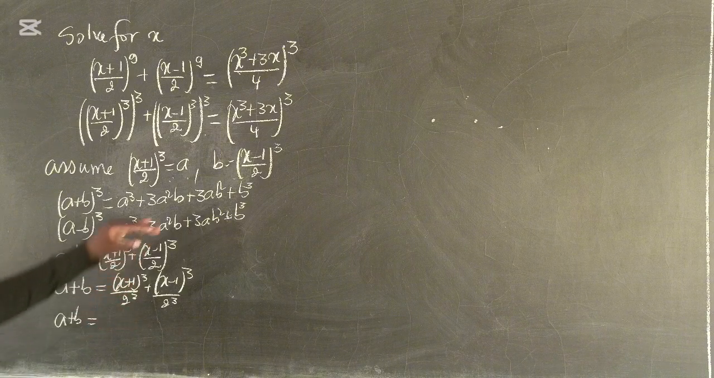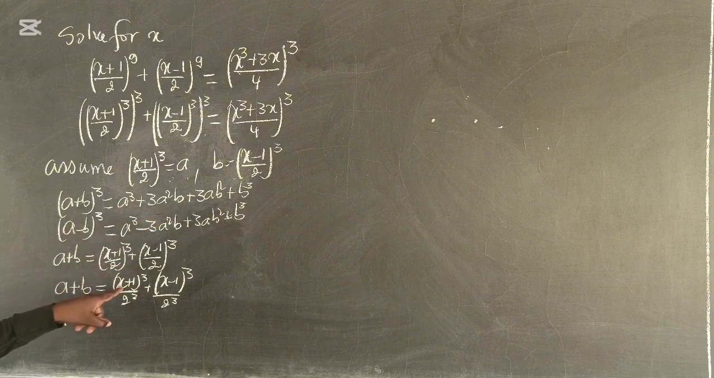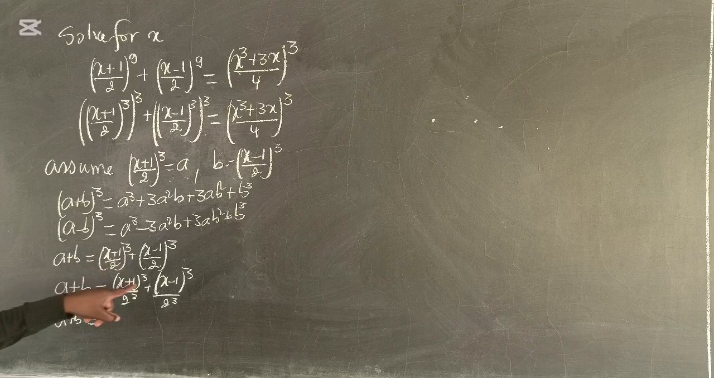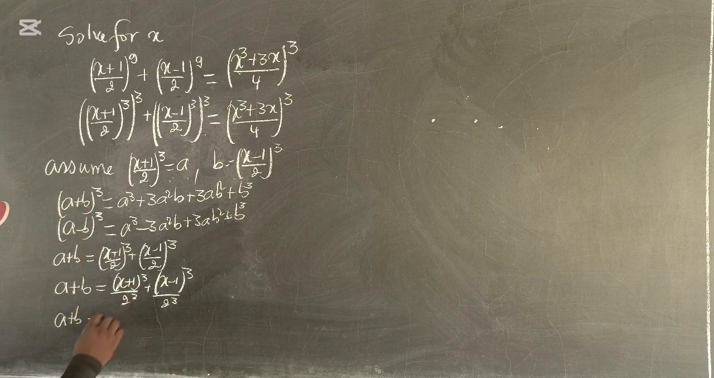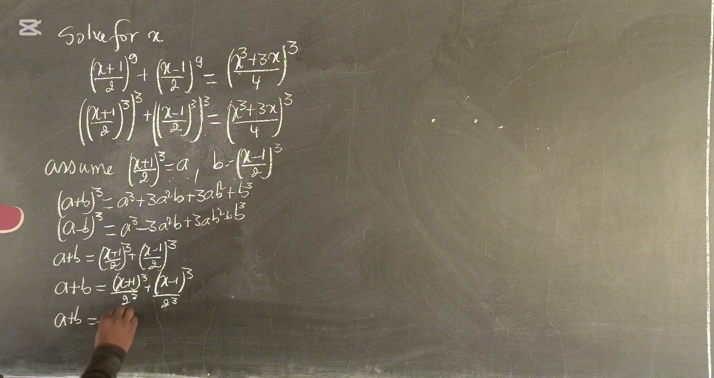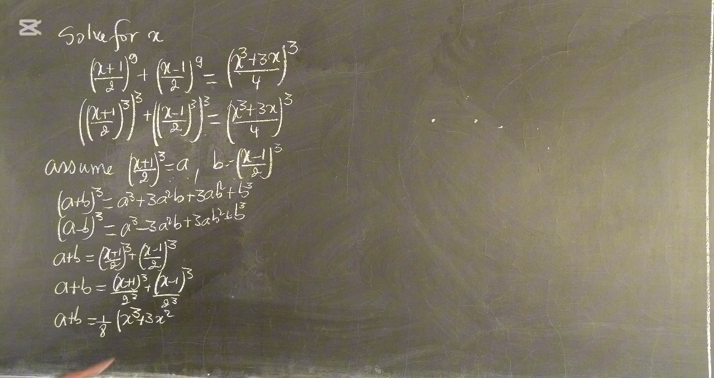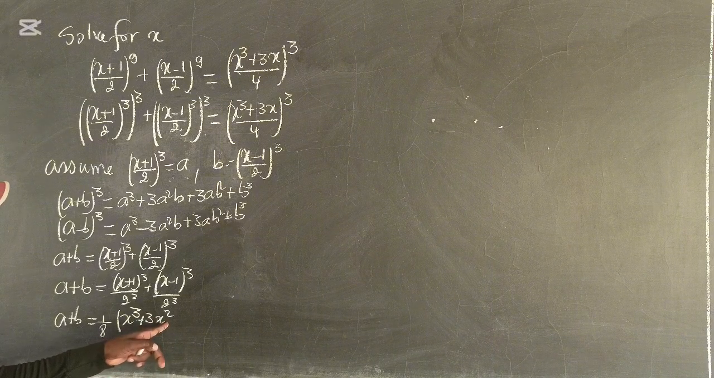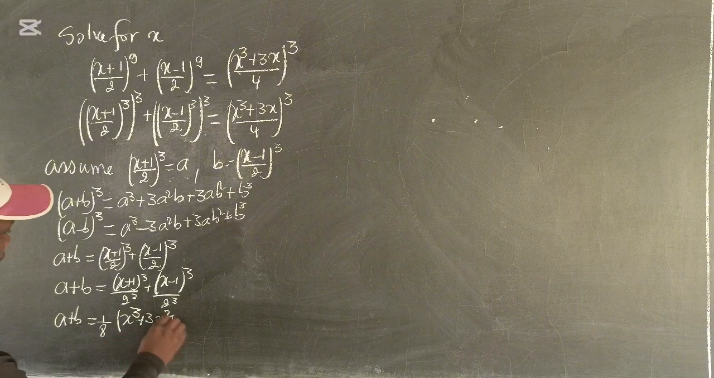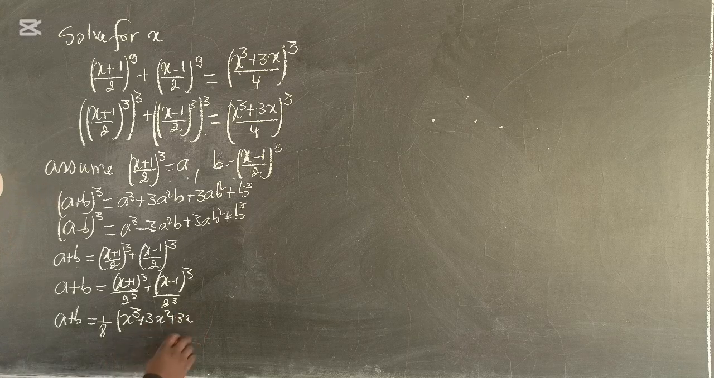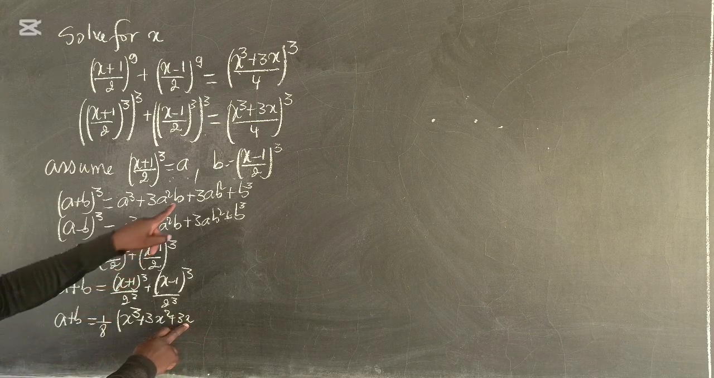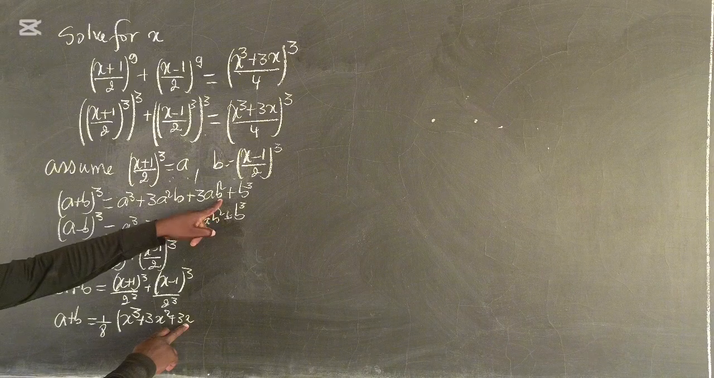Expanding this using this formula, where x stands for a and 1 stands for b, we know 2 power 3 is 8, so here is 1 over 8. We have x power 3 plus 3x squared times 1, it will stay like this, plus 3x, where 1 power 2 is 1,